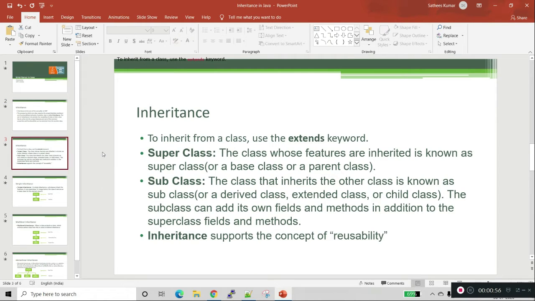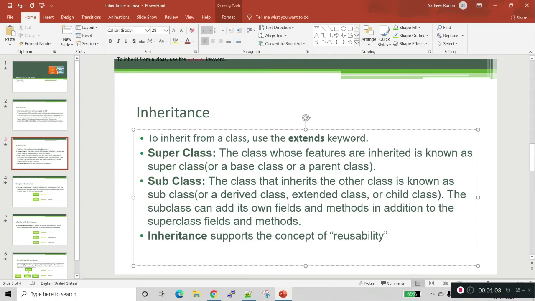To inherit a class, we need to use the extends keyword when we are programming. Now we will see what a superclass is. A superclass is the class whose features and functionalities are inherited, and it is also called a base class or parent class.